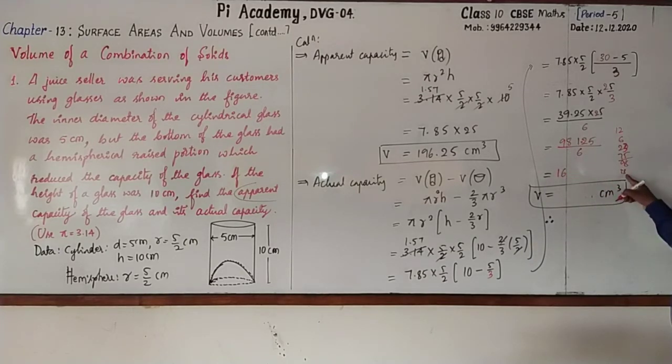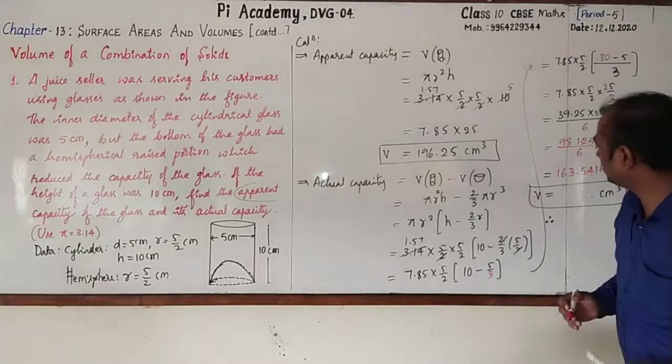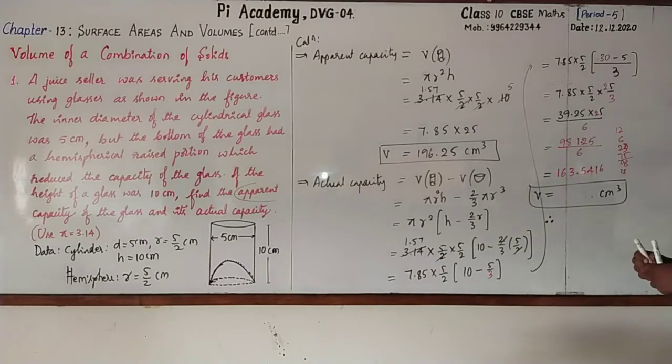6 6s are 36, 2 will remain, 21. 6 3s are 18, 3 will remain, 32. 6 5s are 30, 2 will remain, 25. 6 4s are 24, 1 will remain, becomes 10. 6 1s are 6, 4 will remain, 40. So now we can write, it is approximately